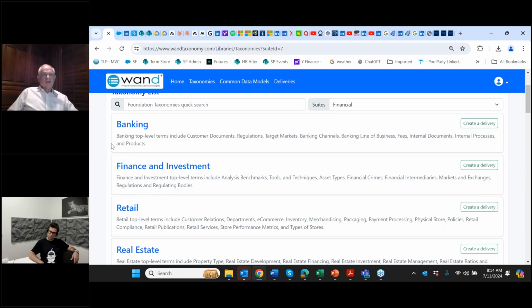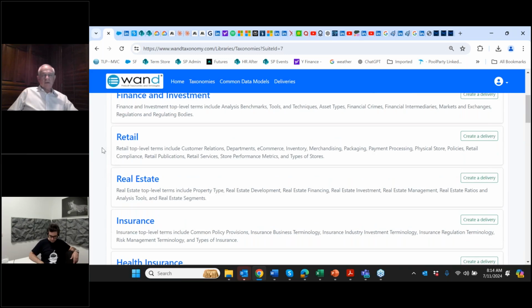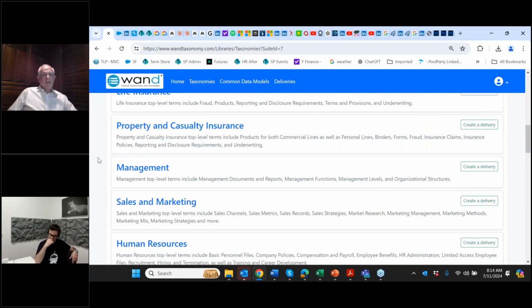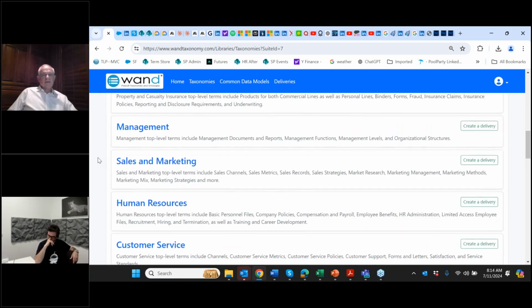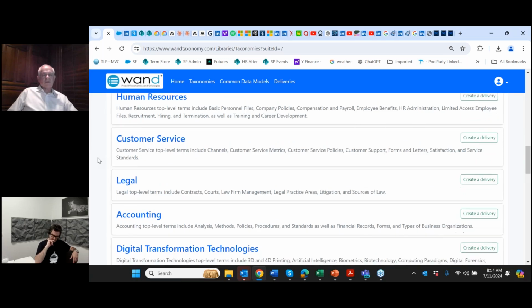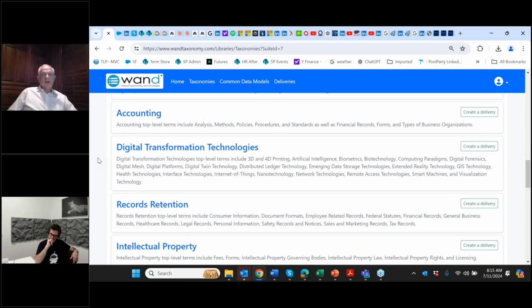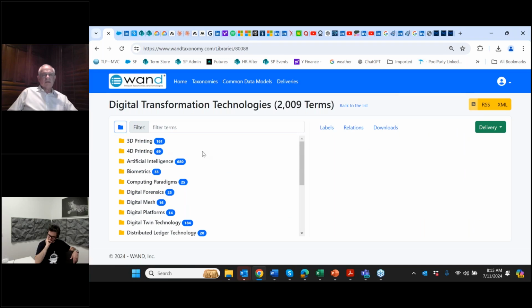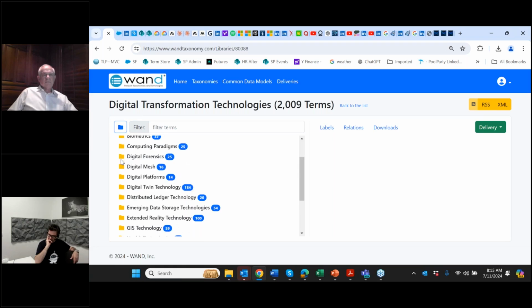So financial organizations are going to have libraries of banking documents, finance and investment, retail documents. A lot of the Bank of America, Citicorp have retail storefronts. Banks, financial organizations have real estate documents, insurance documents, documents about management, sales and marketing, HR, customer service, all the domains of knowledge, constantly updating and adding new taxonomies. 10 years ago, digital transformation technologies didn't exist. So we're able to click into any one of the taxonomy titles, browse,